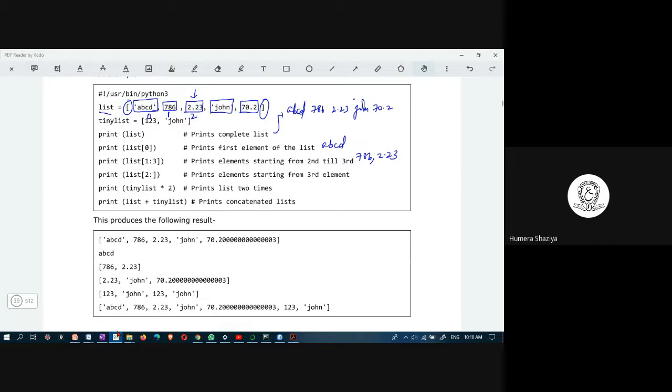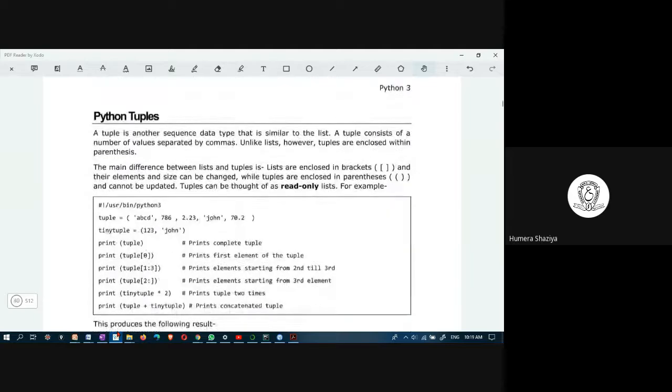List plus tiny list, this is concatenation operator. This is repetition operator. Repetition means it repeats. Concatenation means it combines. Here list has got 5 elements. These are combined along with these 2 elements from the tiny list. These are merged. Okay. This is about lists.